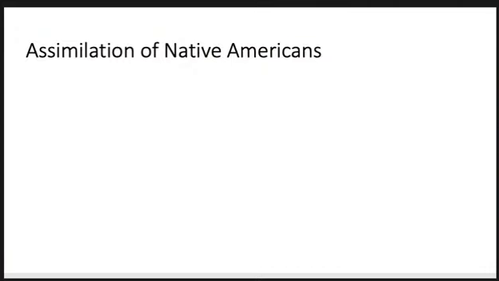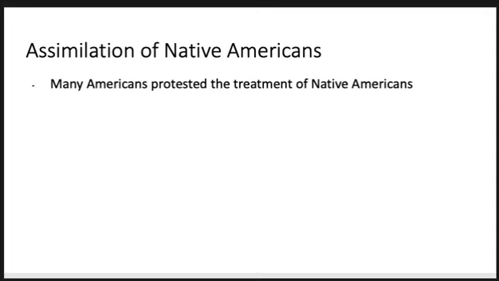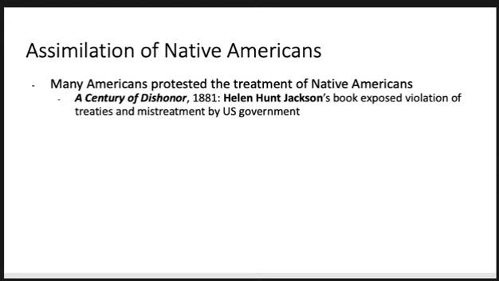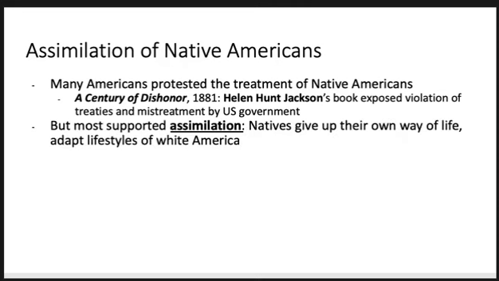So with the defeat of the Sioux, a lot of Native Americans are being forced onto reservations, and they're being forced to assimilate, which means to become more like white Americans. Now, many Americans did protest the treatment of Native Americans. You had a book called A Century of Dishonor, published in 1881 by a woman named Helen Hunt Jackson, who exposed the violations of treaties and mistreatment by the U.S. government. However, despite these people who spoke up in support of Native Americans, most Americans supported assimilation,